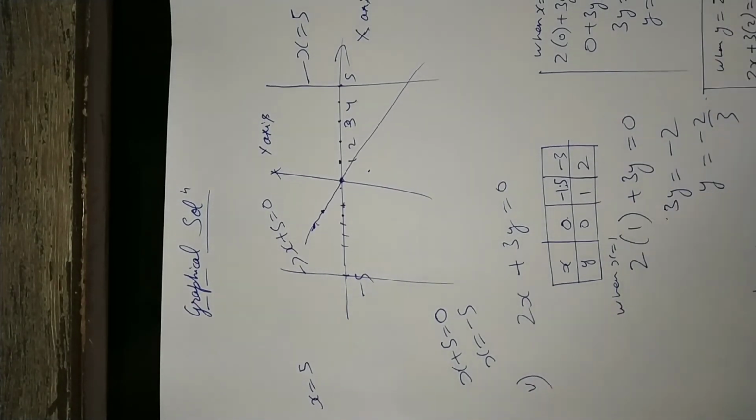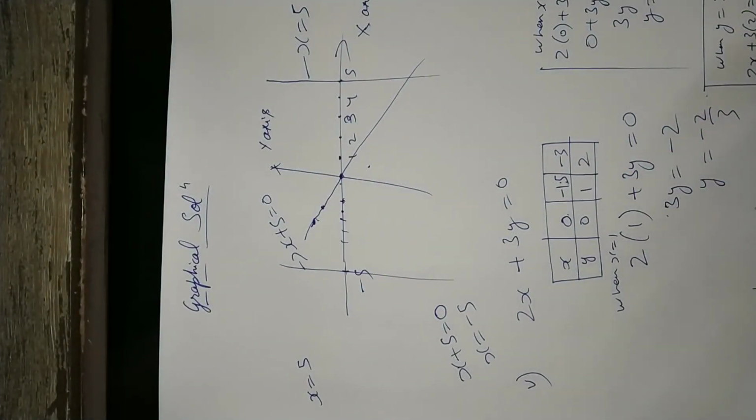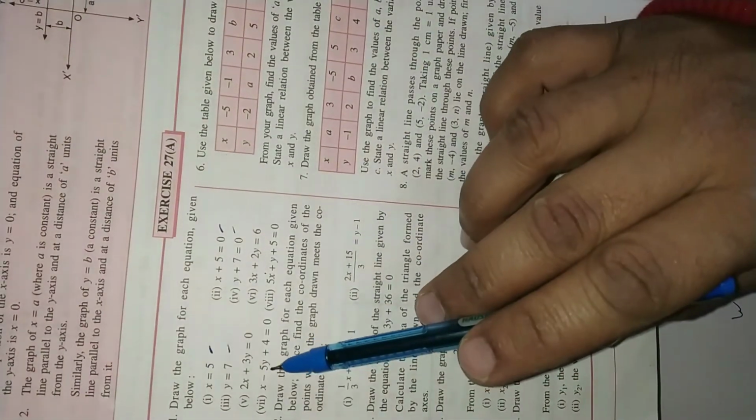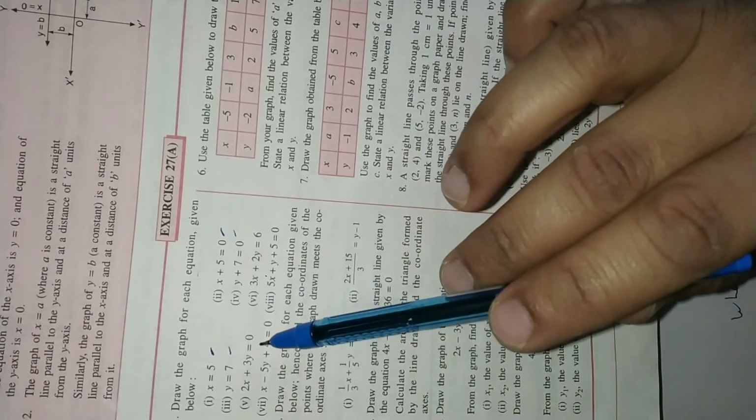In the same way, you have to find the points for all these. These 4 you can solve directly, and for these 4 you have to find the points by making a table and putting arbitrary values; any values, you will find the values of x and y. Just plot those values, and then you have plotted the line graphs for all the questions.